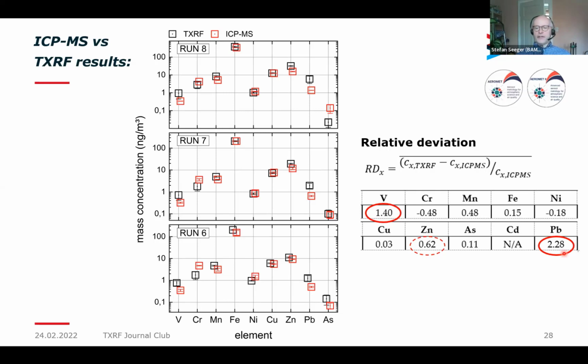And that is quite a nice, encouraging first result, which motivated us to do further research into this technique, to optimize the pattern structure on one hand, and also to optimize the analysis of the deposits,